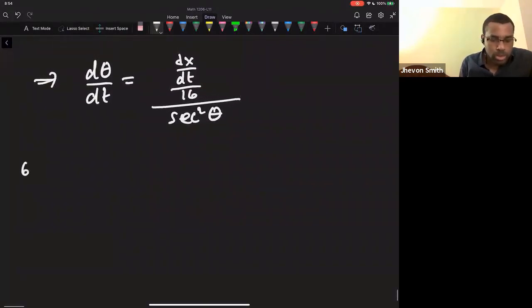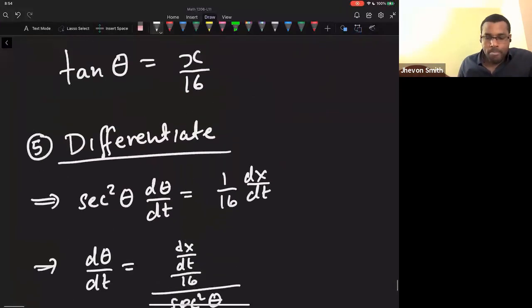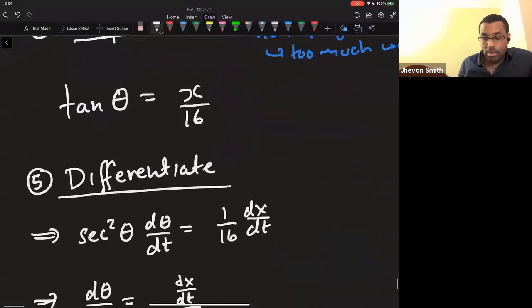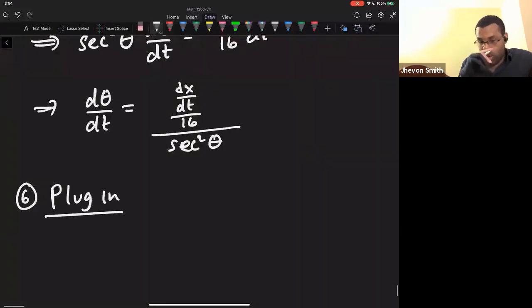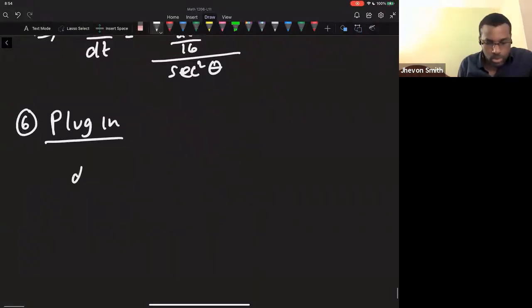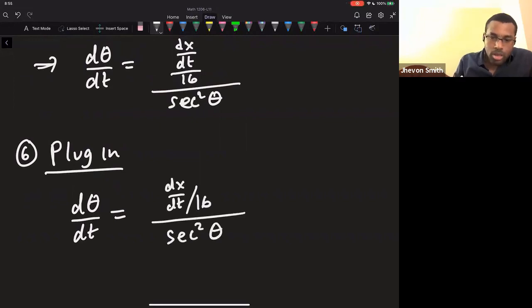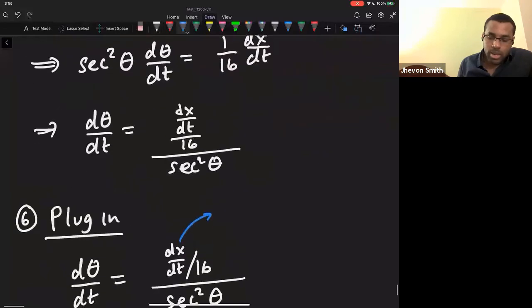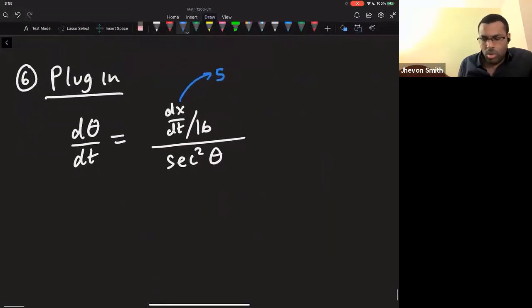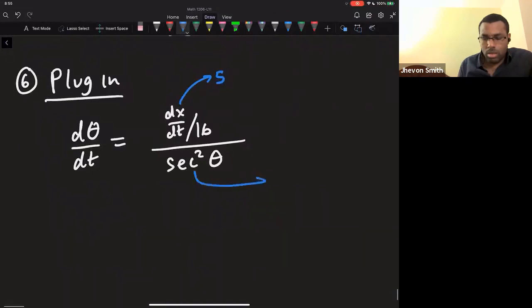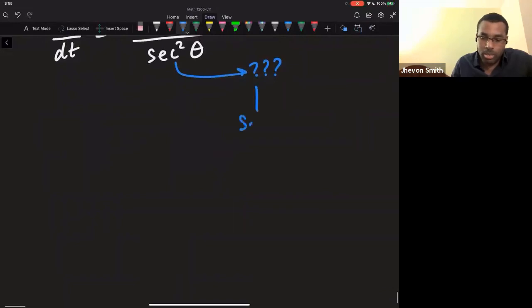Right, so now step 6, we're going to plug in. dx dt I know, d theta dt I don't know, secant squared theta. dx dt, I know that's 5, I believe it was. What's secant squared theta? Well, we don't know. What do we do? Panic? No, we go to step 4,